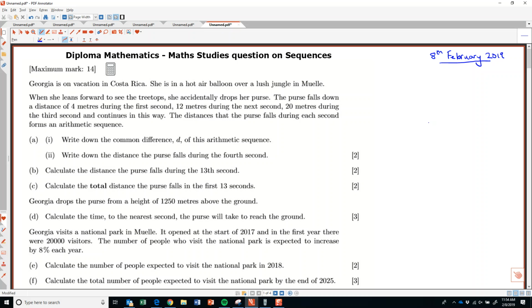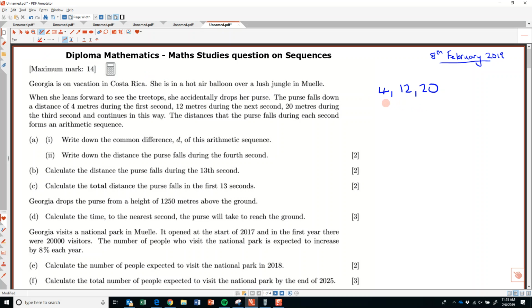All right, so our math studies question on sequences. We've got this silly lady drops her purse. It falls a distance of 4 meters for the first second, then 12 meters the second, 20 meters the next second, and it continues in this way. Write down the common difference